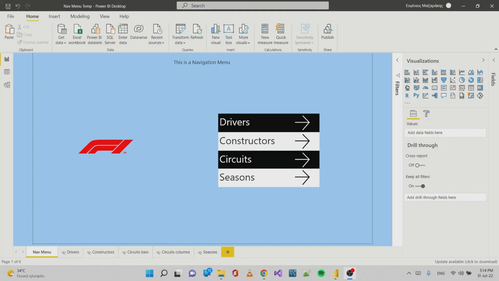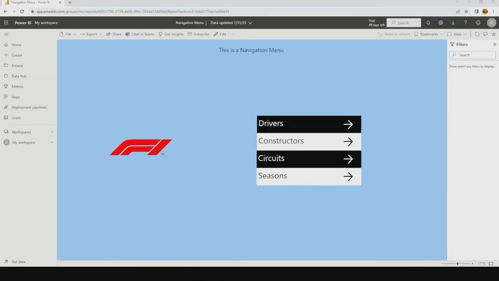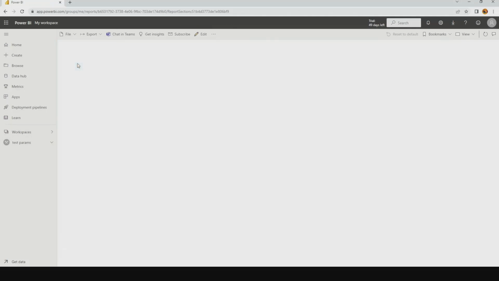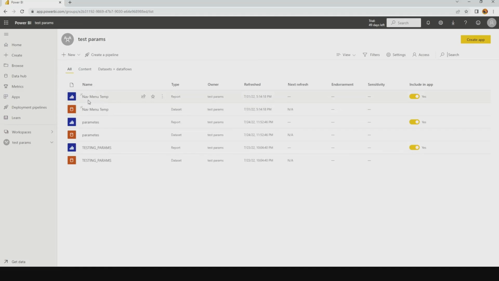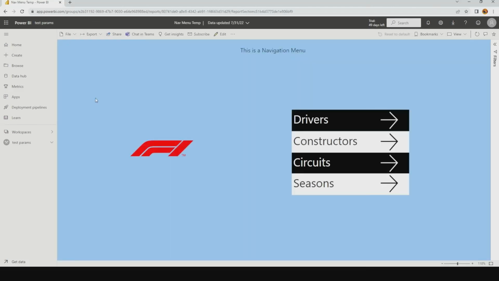Let's go now to our Power BI report service. We go to workspaces, test params. We found our new report, nav menu temp. We choose it and we are here. We only see one page because we hide all the other pages, and through this handmade navigation menu we